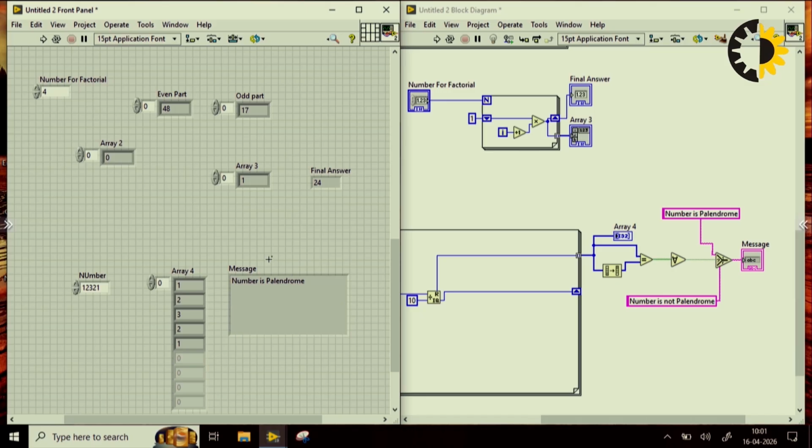So thank you for today. This is all, I think we have somehow completed the basics of LabVIEW. In the next section, we will see the hardware section, like using NI DAQ cards, and how to acquire data in real time using data acquisition cards. So thank you so much for